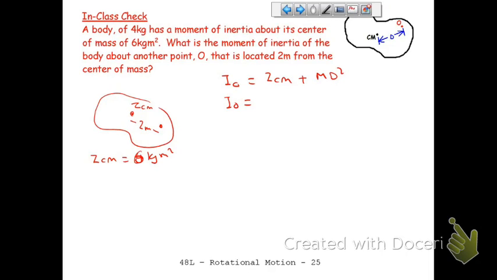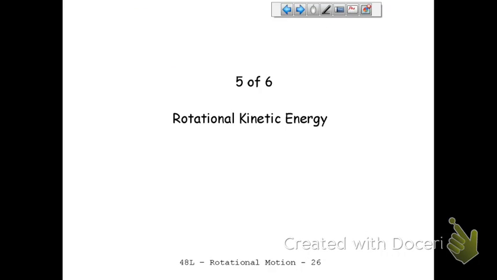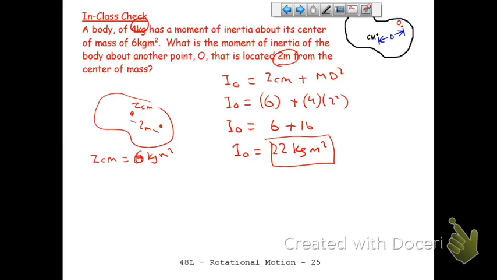IO is equal to 6 plus the mass, 4, times the separation squared, 2 squared. IO is equal to 6 plus, 4 4s are 16, so IO is equal to 22 kilogram meters squared. Boom. I'm going to stop there because we're running out of